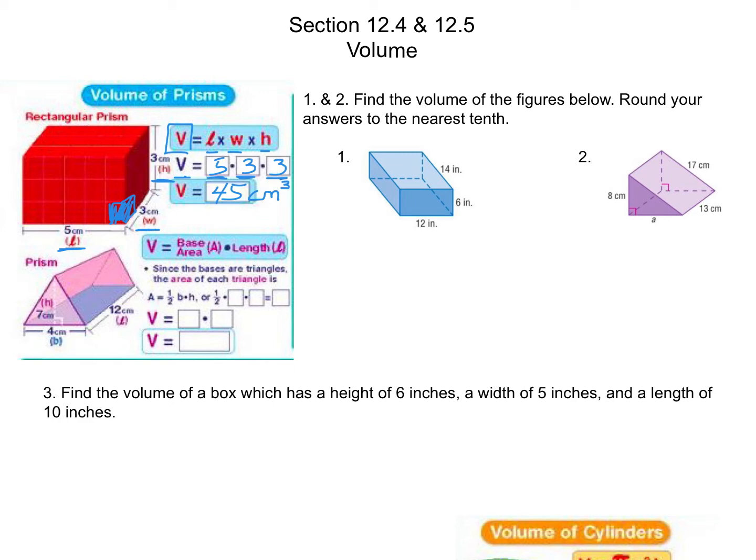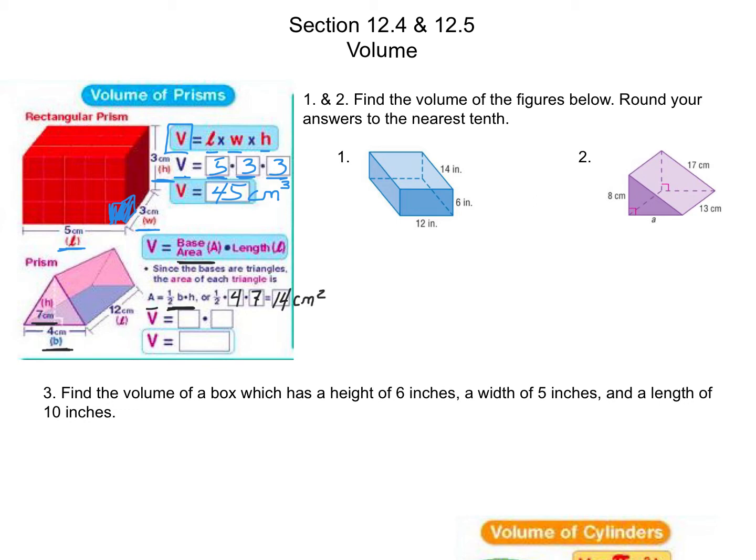Now, for a triangular prism, when I want to calculate the volume, first I want to focus on figuring out what the base area of that triangle is. So if you recall, my formula for the area of a triangle is 1/2 base times height. And it looks like they tell me that my base is 4 centimeters and my height is 7 centimeters. So it'd be 1/2 times 4 times 7. When I multiply those three together, we end up with 14, and in this case my units are centimeters squared